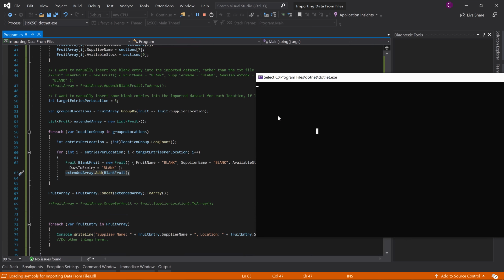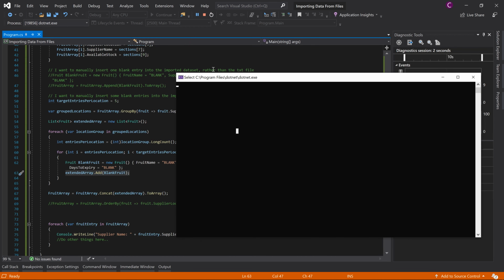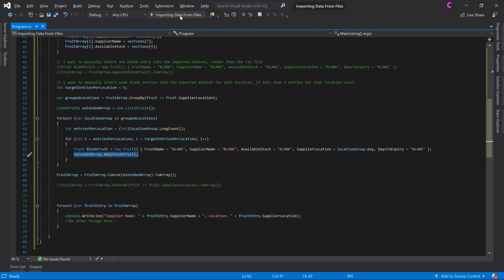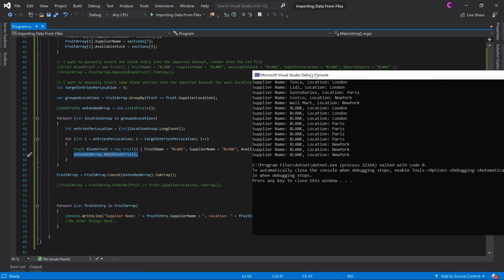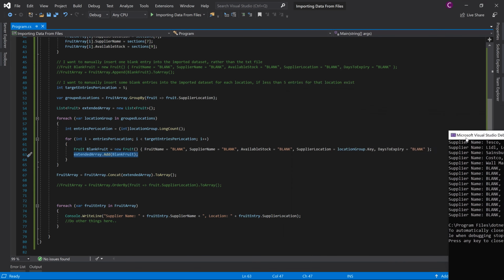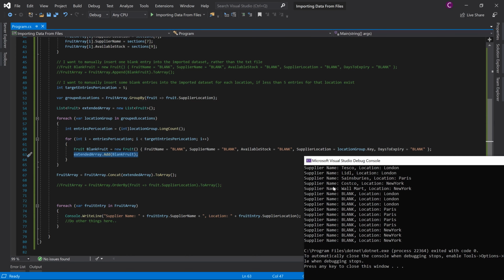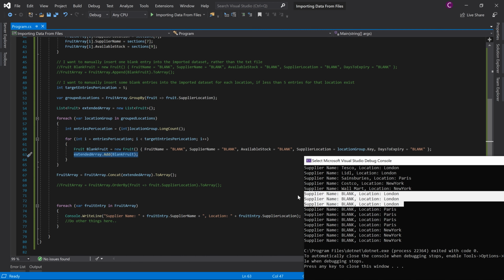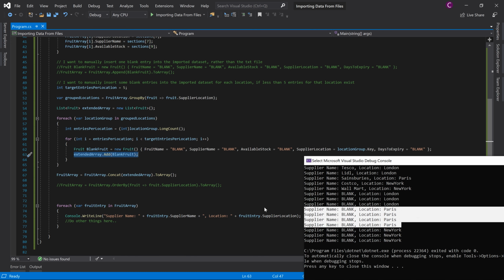Stop that. I have to have a breakpoint somewhere. Okay. So this data is quite hard to read, but it looks like so far, if we take London for instance, we need 3 more to make it hit the target amount, which is 5. So let's see how many more have been created. We've got 3. Perfect. So we know it's working,